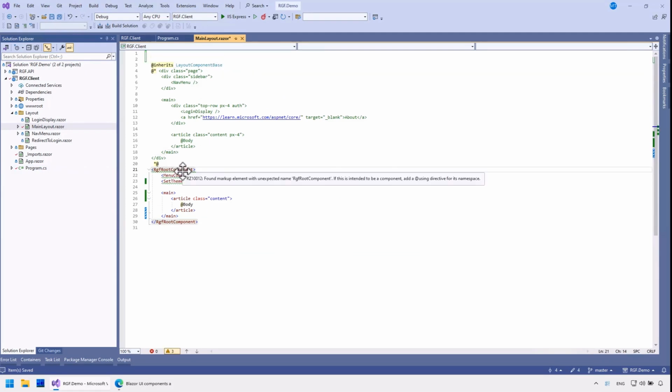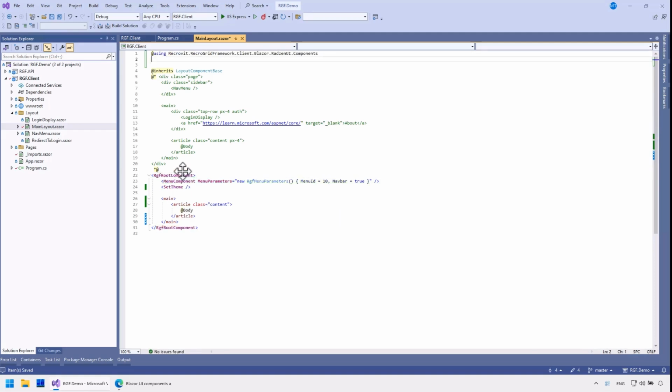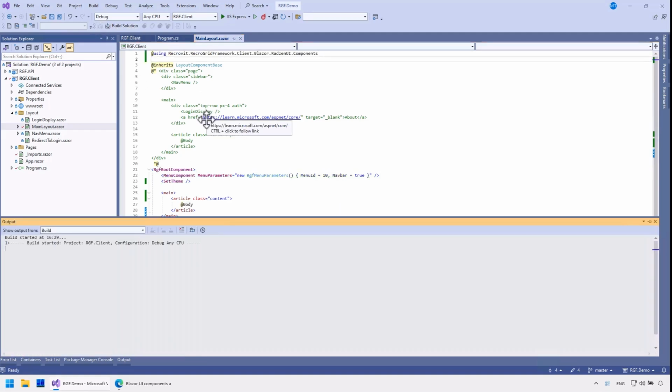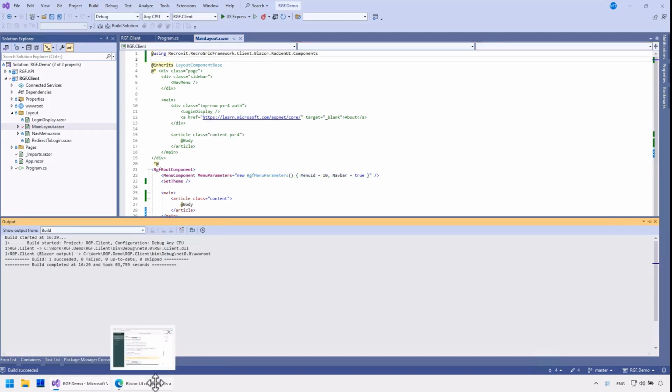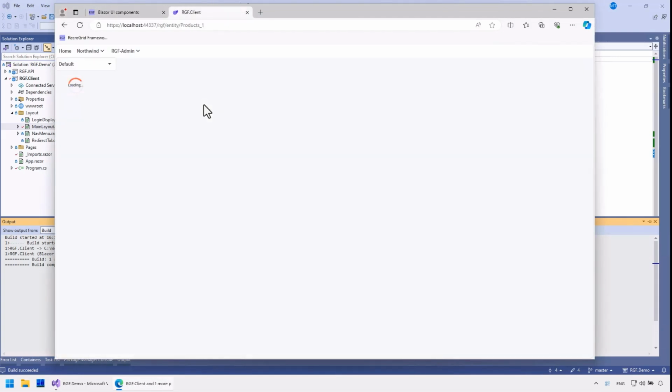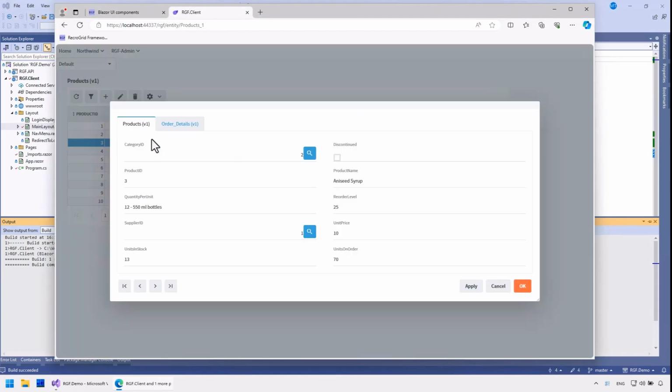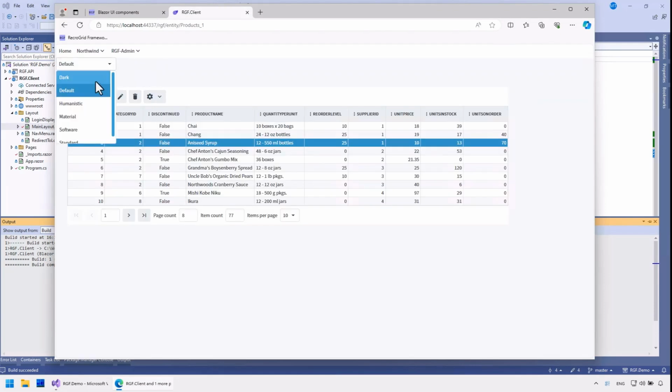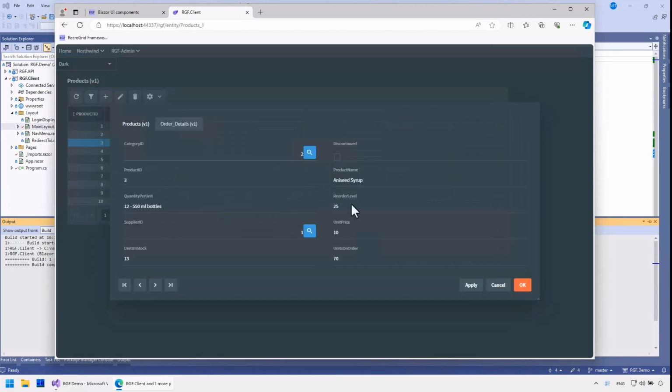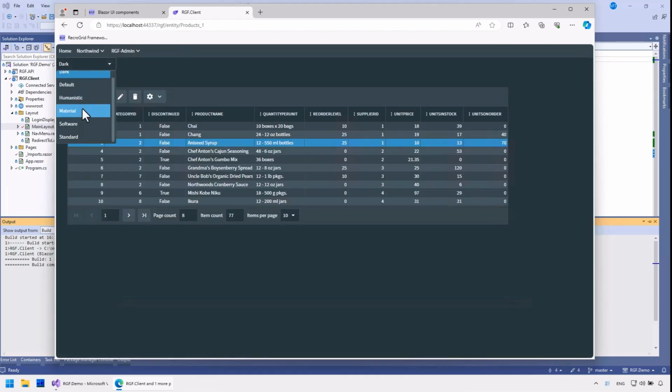I modify the namespace according to RGF Radzen UI, and we're done. Now the entire UI works with the Radzen package, and we also have themes available here as well. Material.